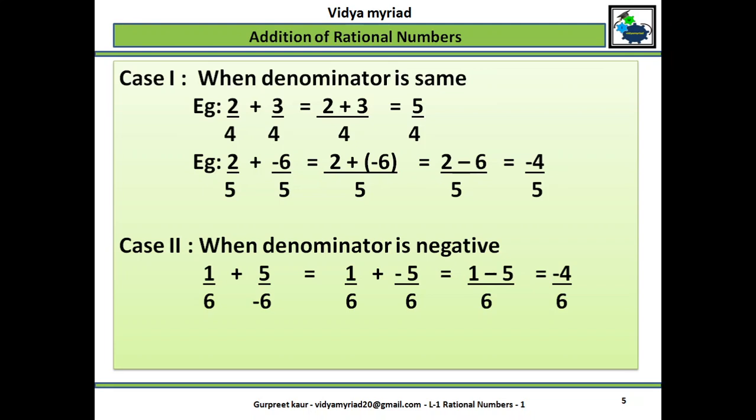So I will take minus up. So the simple rule is, what I will do is, 5 upon minus 6 will be multiplied by minus 1 divided by minus 1. So minus and minus will become positive in the denominator, and with the numerator minus will come. Okay. Now 6 is the same as the denominator. It will become 1 minus 5, which is equal to minus 4 upon 6.